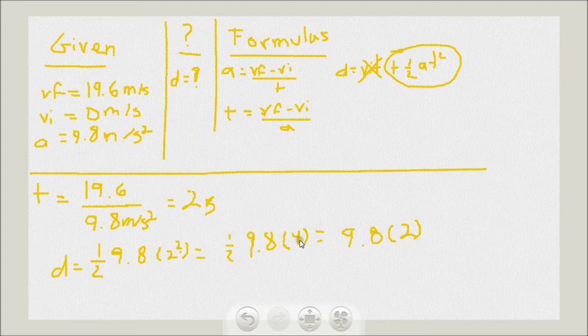The 2 is because 4 divided by 2 is 2, so 4 times 1 half is 2, and then multiplied by 9.8, so that would be 19.6 meters. So here you got the answer,